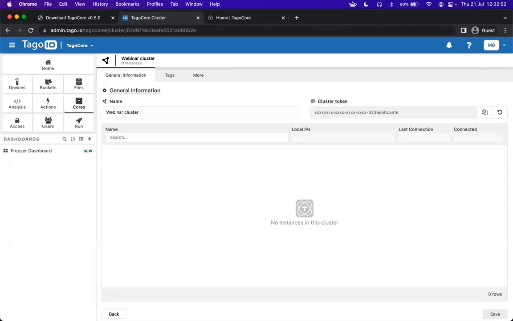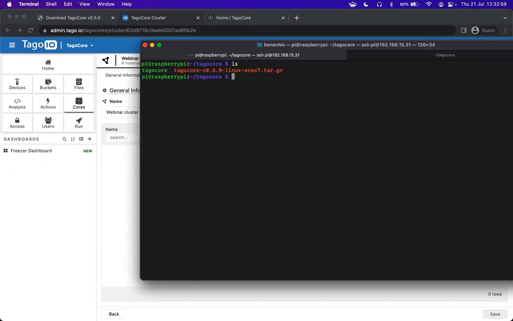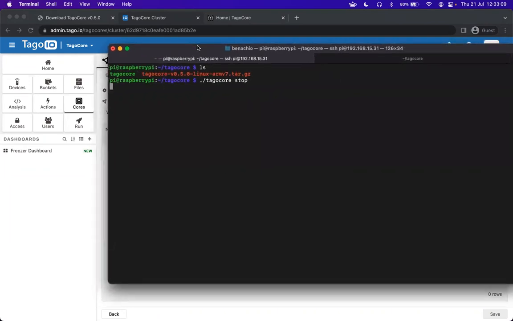So let's go back to our Raspberry Pi terminal and go back to our TagoCore folder. Let's clear the terminal and see what we have. So here we have TagoCore running. First thing that we're gonna do is stop TagoCore. All right, now that we have stopped TagoCore, what we want to do is start TagoCore once again, but